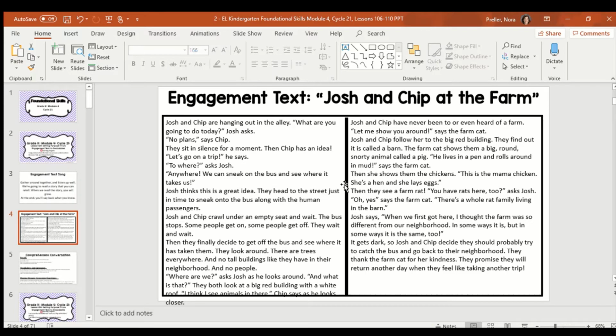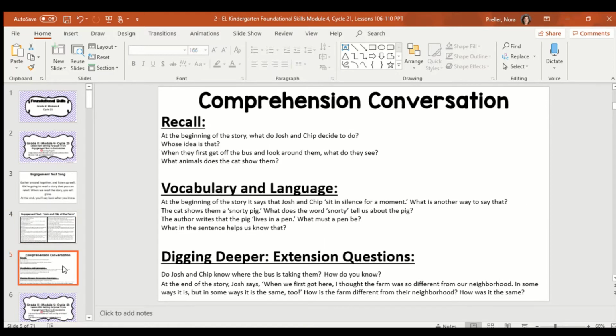Josh says, when we first got here, I thought the farm was so different from our neighborhood. In some ways it is. But in some ways, it's the same, too. In the dark, it gets dark, so Josh and Chip decide they should probably try to catch the bus and go back to their neighborhood. They thank the farm cat for her kindness. They promise they will return another day when they feel like taking another trip. The end. So, boys and girls, I hope you were able to picture in your brain what was happening in